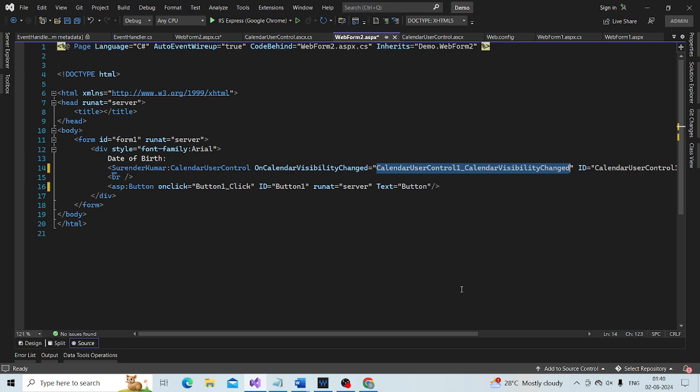But if you want to do that programmatically based on some condition, then you can do that in the code as well. We have discussed that. Now if I press this, it is going to work in the same way, except that this time the registration is done in the HTML instead of doing that in the code behind.